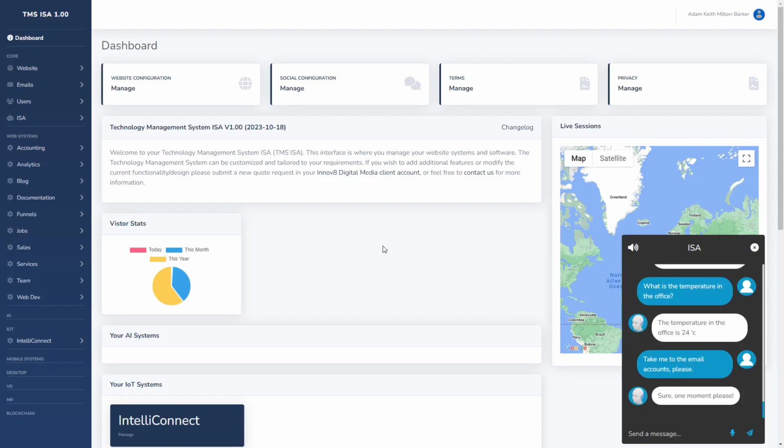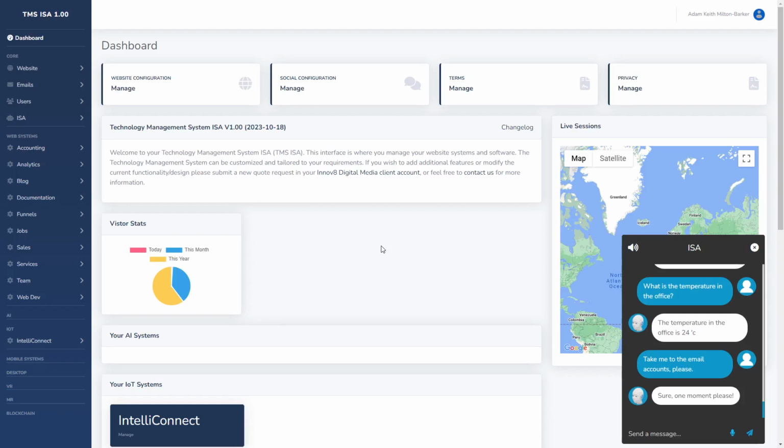And today I'm going to take you through quickly what technology management system is, specifically the intelligent version, which is TMS ISA. And then I'm going to show you how we use generative AI to automate or semi-automate parts of our business. So yesterday we were made aware that our application to access the Azure OpenAI service had been accepted, and we're currently in the process of building a range of intelligent content management systems based around our existing systems